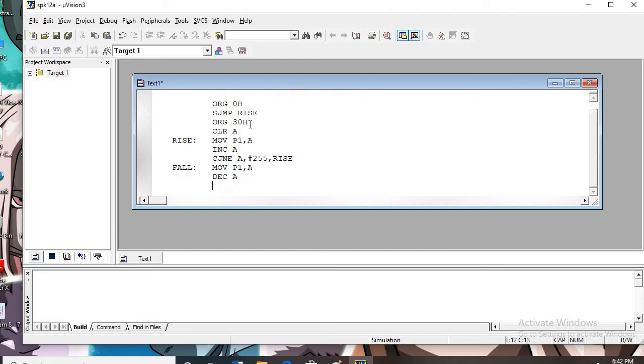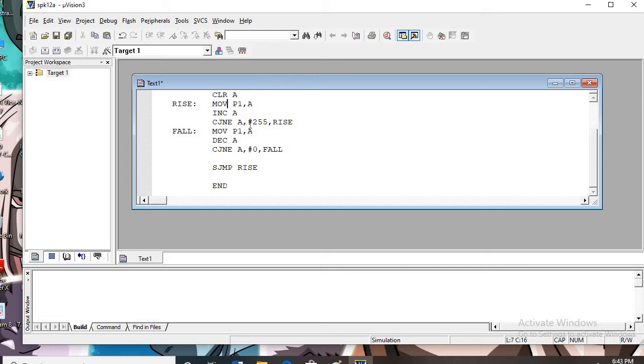Now for the falling portion we have to consider decrement, and again compare, jump if not equal, accumulator contents with 0, comma target address is fall. Over, nothing. And since we want to continue, that is, not a single cycle but we want to keep producing the waveform, we have to keep it in the loop. So sjump rise, and end.